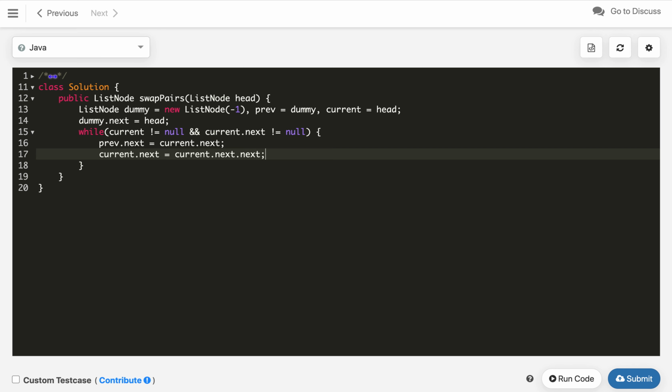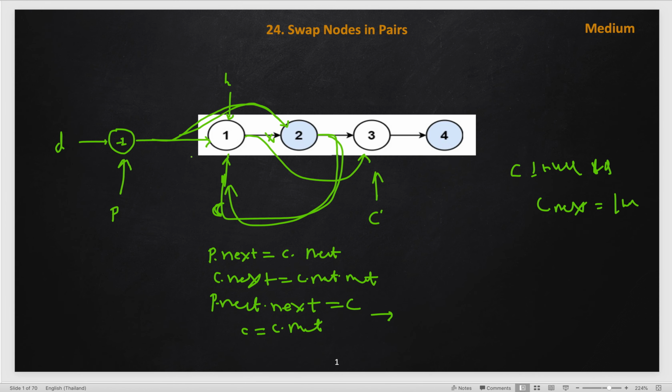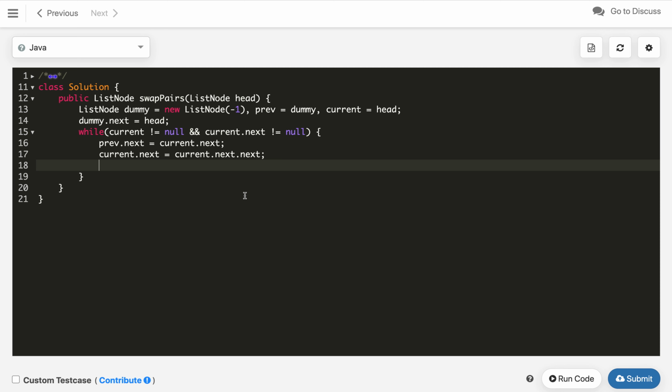Once we are done with this, we will change the current dot next. So this pointer goes back, and this pointer we know is previous dot next, and this should point to the current. So we will write here previous dot next points to current.